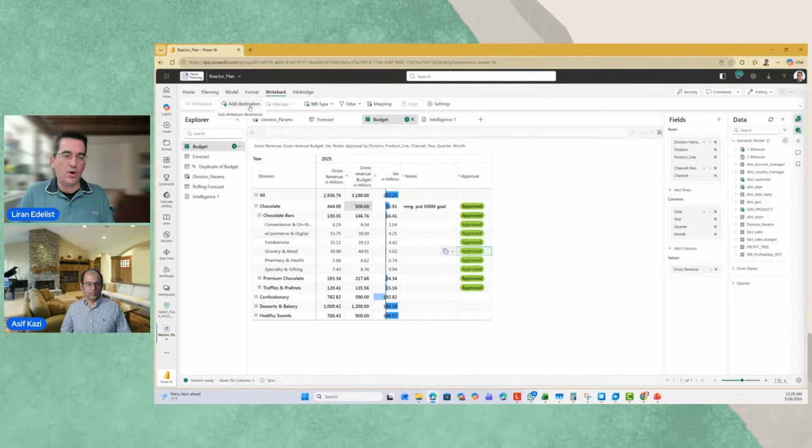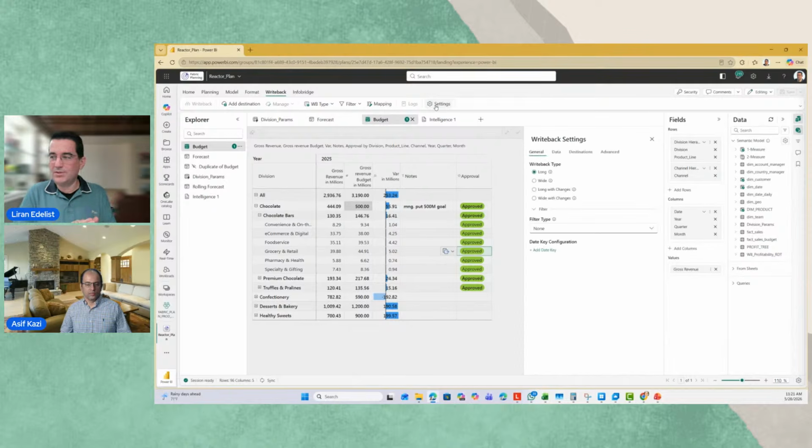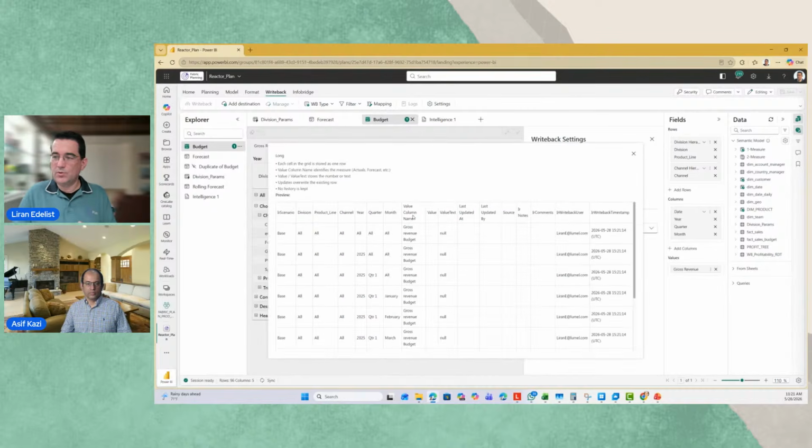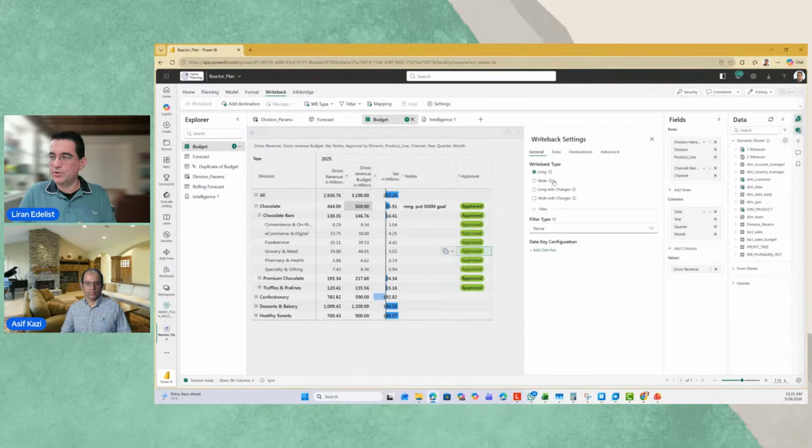And in the writeback option, you can quickly add a destination. I will show the setting. You will set the destination in your database. You decide what format needs to go into your database. So that's, again, very neat and quick. You can do a long format where you can see measures in rows, or you can do a wide format where measures are going to be in the columns. And you can make sure that you even write the data back to the database with those changes.